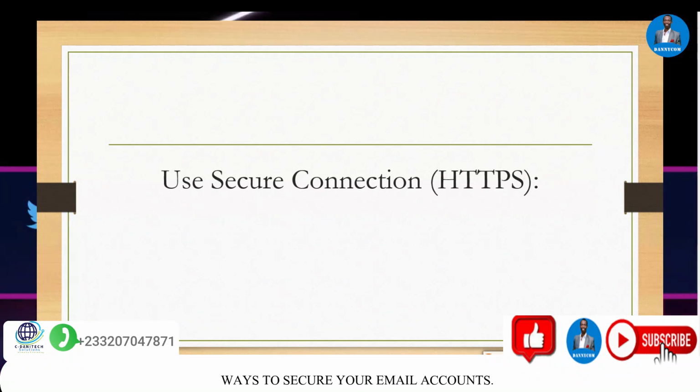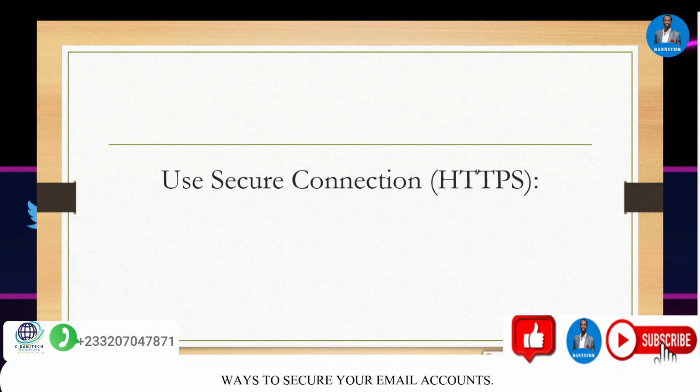The next thing you are supposed to do, if you want to secure your emails, is use a secure connection for logins. This is simple, because anytime you open your browser and want to log into any domain, on top of the URL, where you type in the address, there is always a padlock.